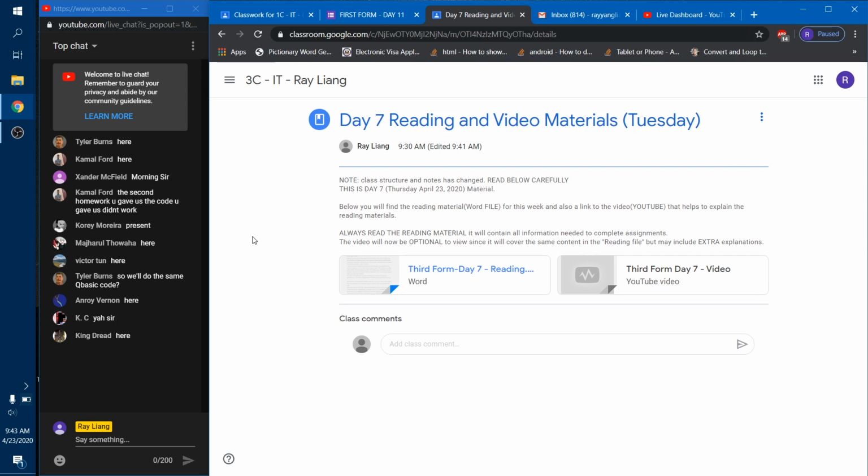You can just download the reading material and read it anytime between Tuesday and Wednesday, and then on Thursday I post the assignments and you get them done. You'll have Thursday, Friday, Saturday, Sunday, Monday to finish the assignments, and then next Tuesday another reading material and video, and so forth.